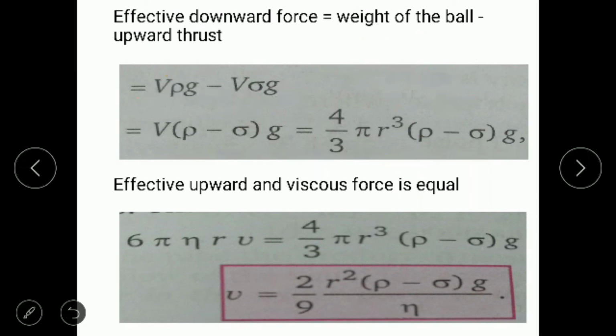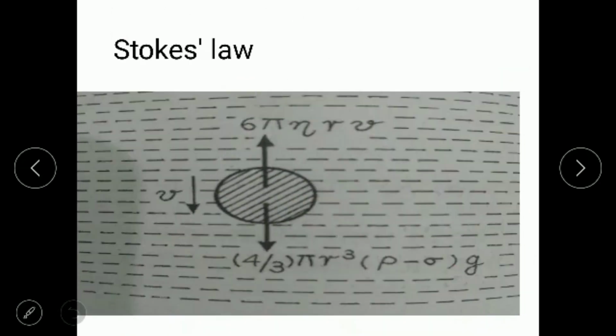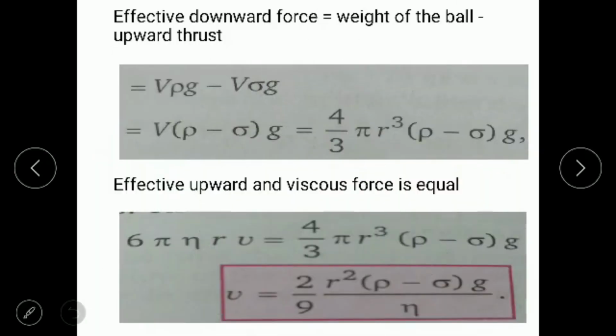What you have been told in the previous case is that there will be a stage when the upward force and downward force will be equal, and at that point there is no acceleration and the net force acting will also be 0. So according to Stokes' law, this is what we get. Effective upward and viscous force will be equal. So this is what we can write. Downward and upward force is equal. From here,